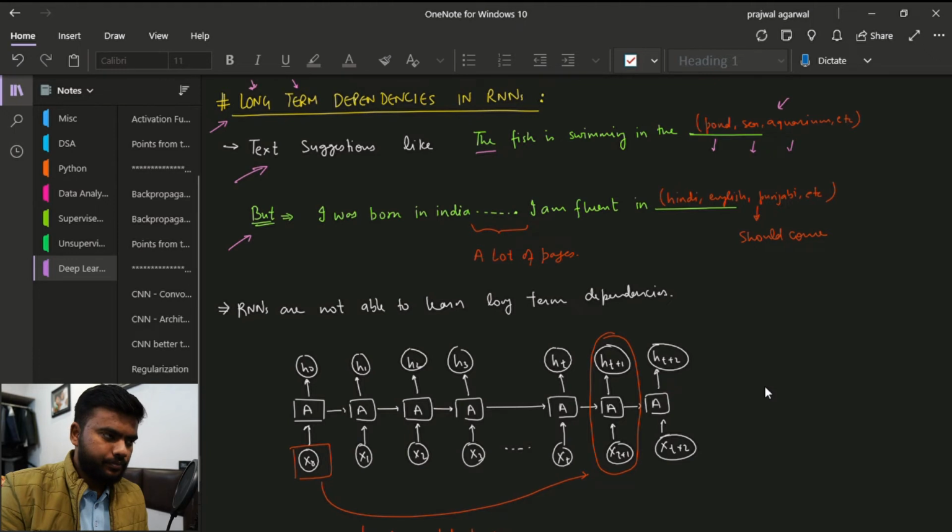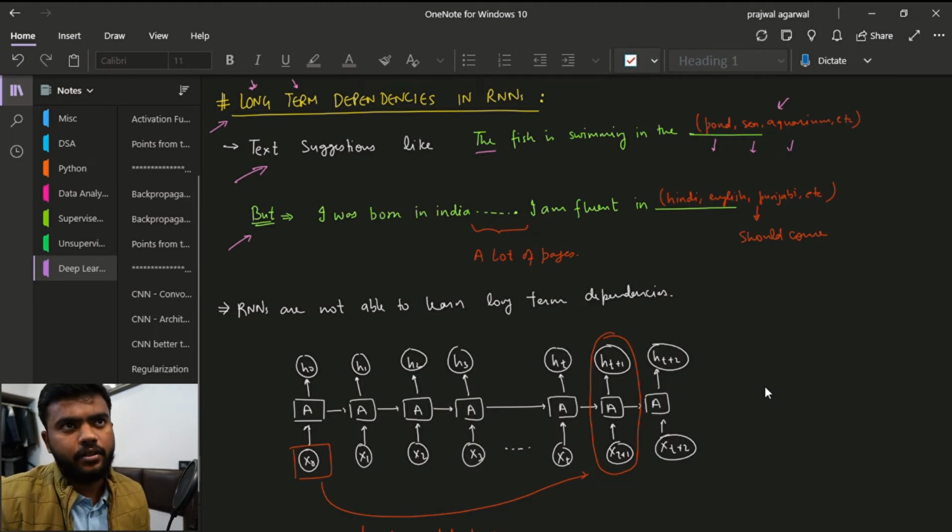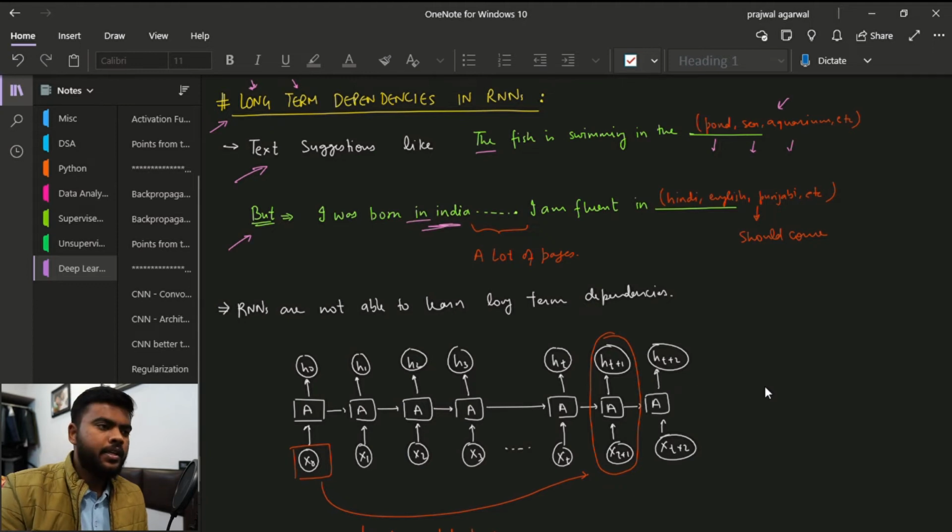But the thing is, as we have already said, the long term thing: when you're trying to process data or text which is about 20 pages, 50 pages, a lot of pages are involved. So on the first page, suppose you write I was born in India. Then you keep on writing your entire text, and after 2-3 pages, if you write a sentence like this, I am fluent in, then our systems are not able to predict the languages that are spoken in